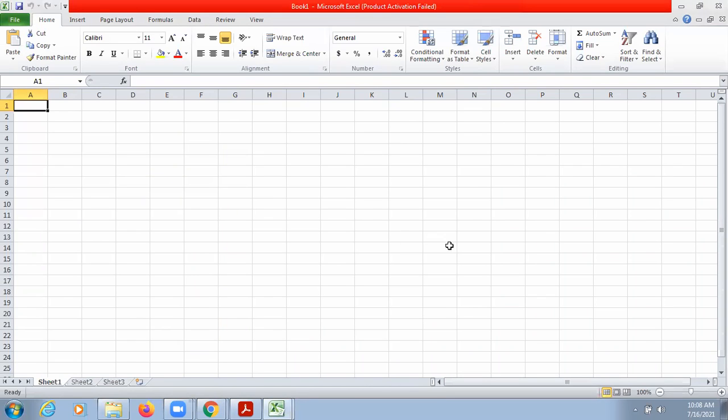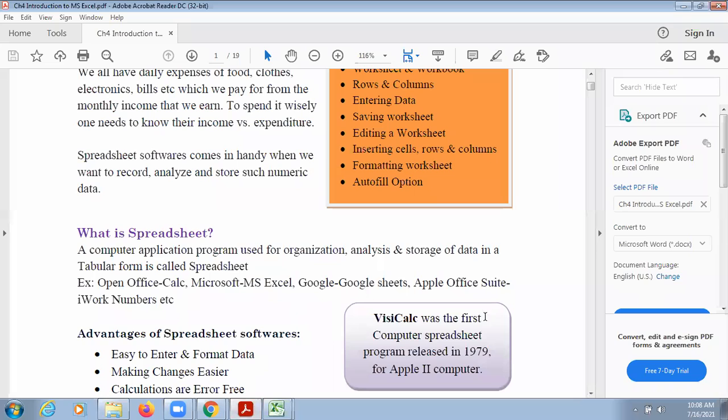I have also shared a link in your class group just now, using which you can use a similar spreadsheet application on your mobile phones also.